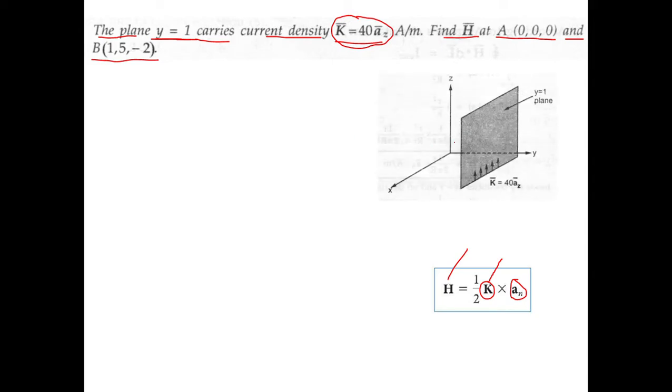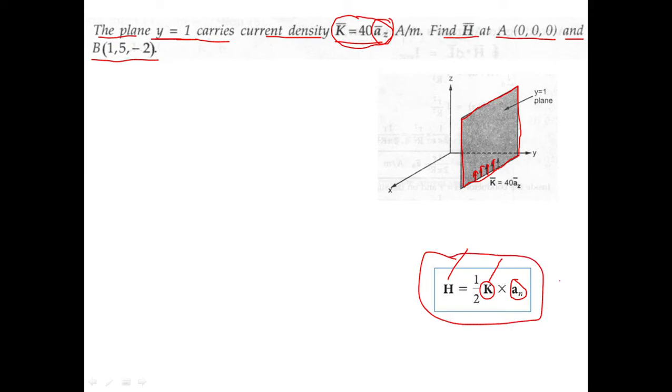Now this is the direction. The infinite surface is placed in the y is equal to 1 plane, so it is placed in the XZ plane. From the derivation you should know that K vector will be along the az direction, right? That is already given. K vector is in the az direction because you can see that az is here, right? Now we have drawn this. We know what K vector is, and what we have to find is H vector, and we know that this is the formula.